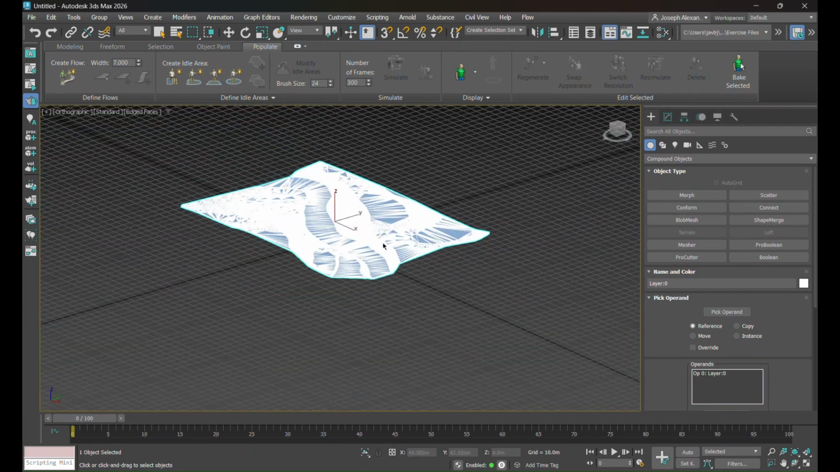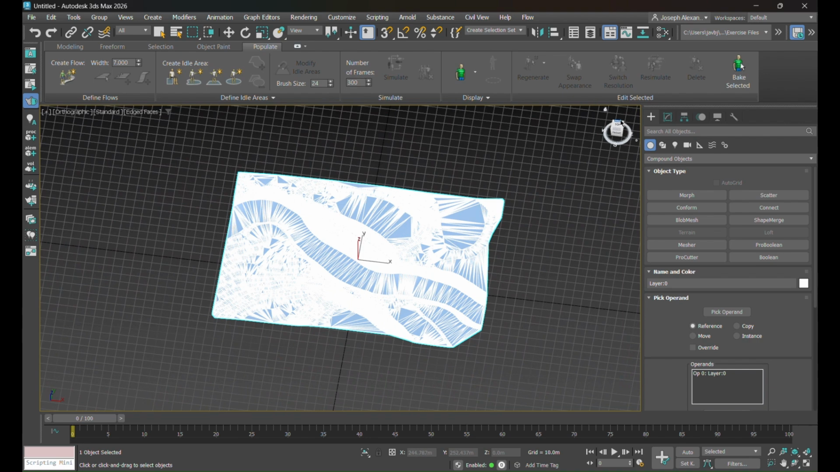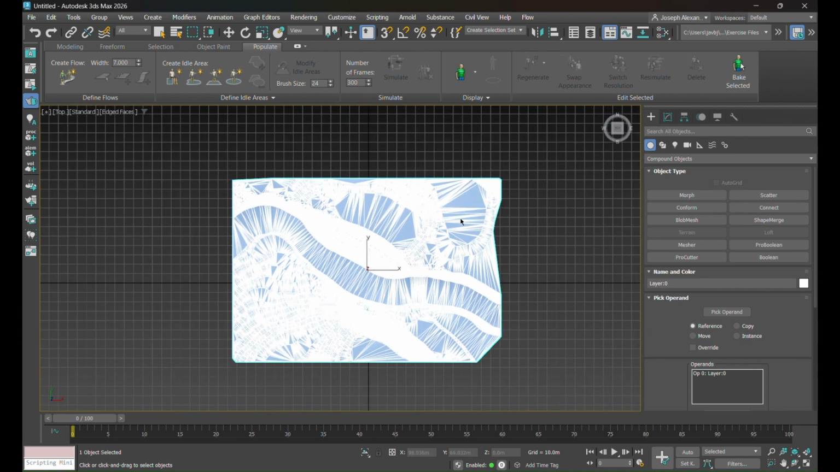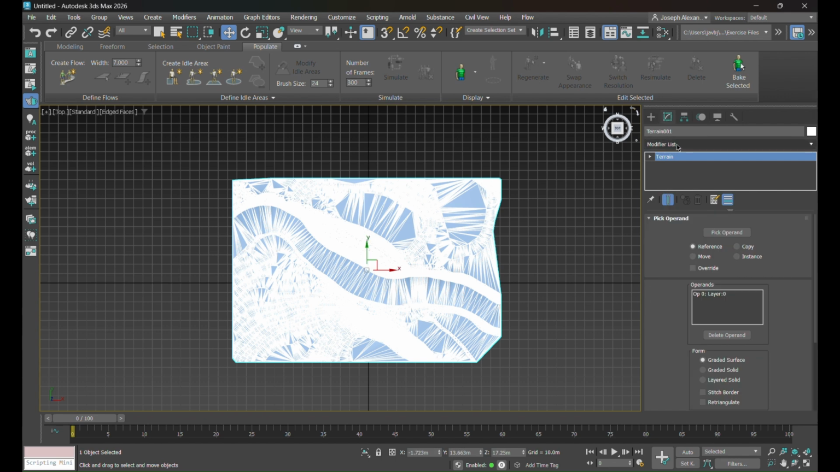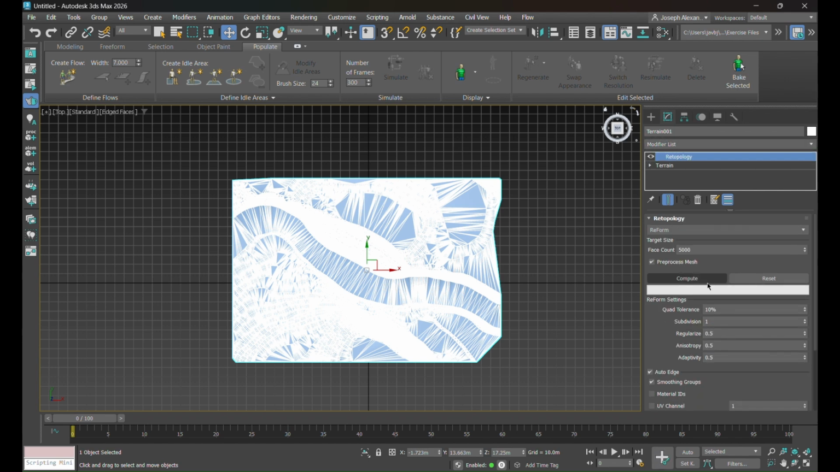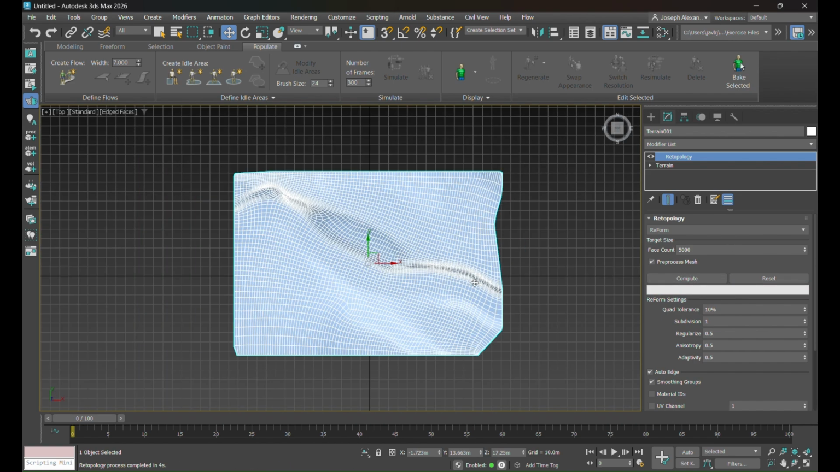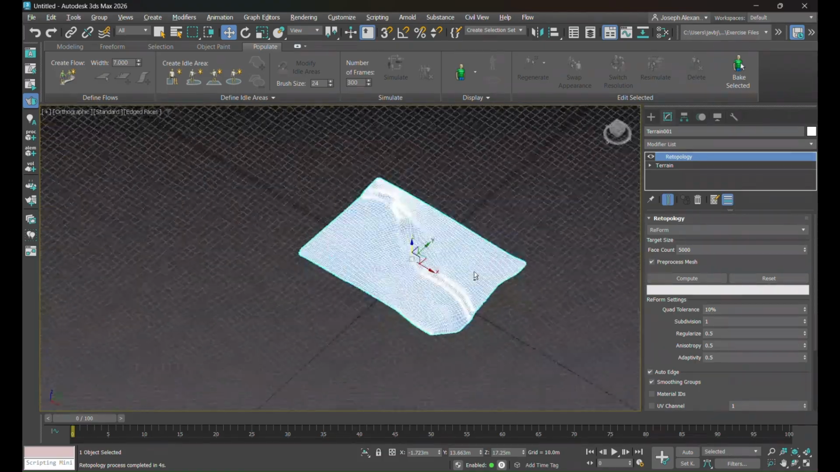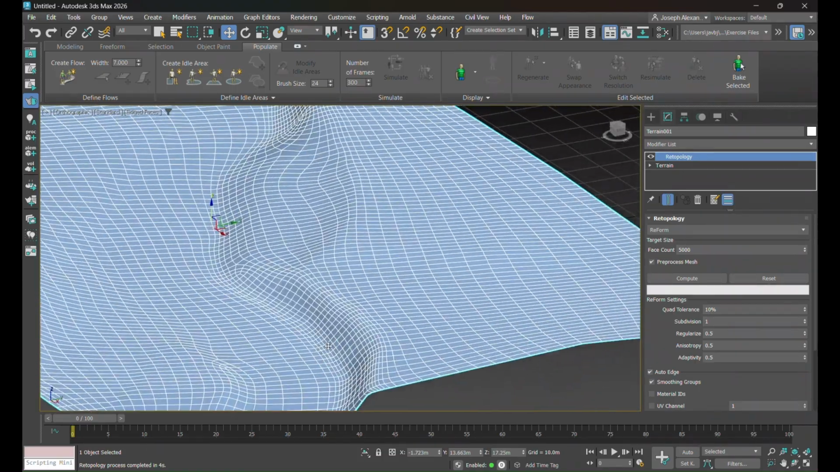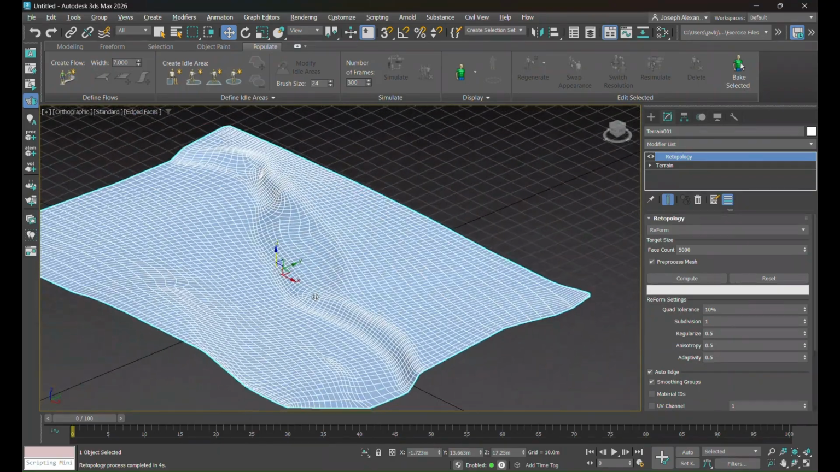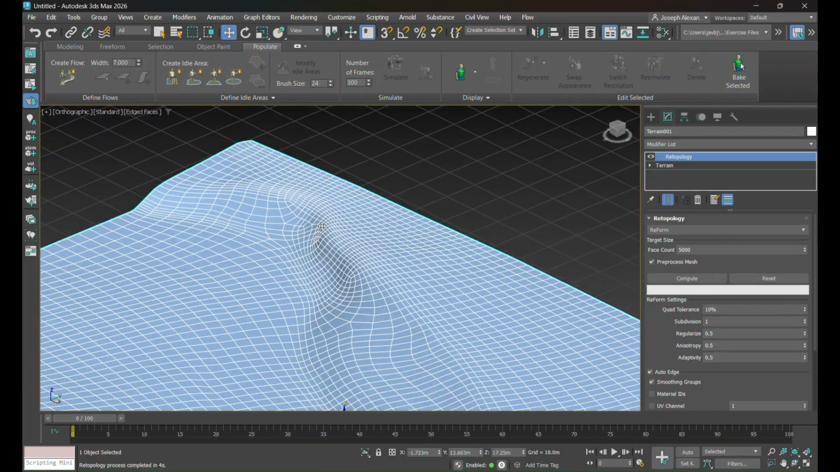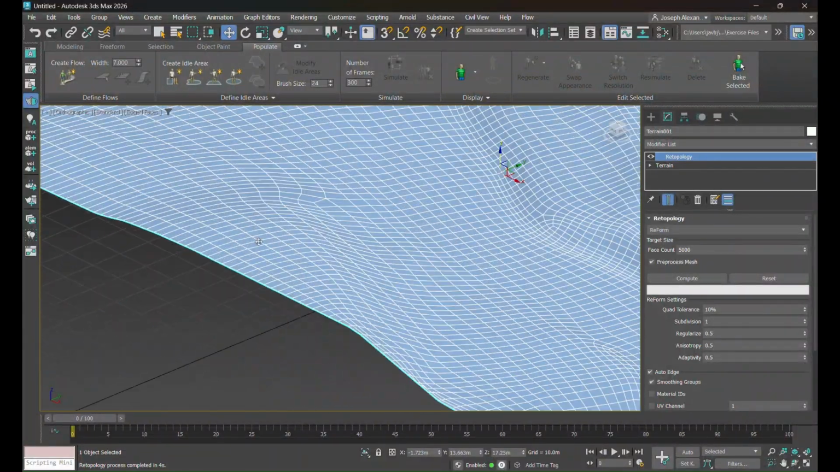So in order to fix that, you're gonna wanna go to the modifier tab, and then under the modifier list you wanna search up retopology, and then click on compute. And once that's done, it should smoothen out the plane and have a smooth and more malleable and workable terrain